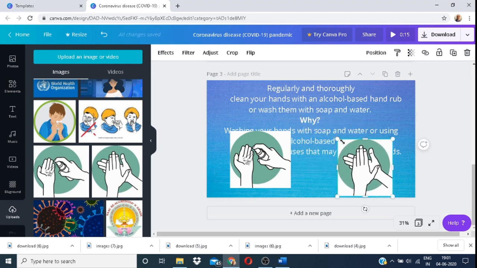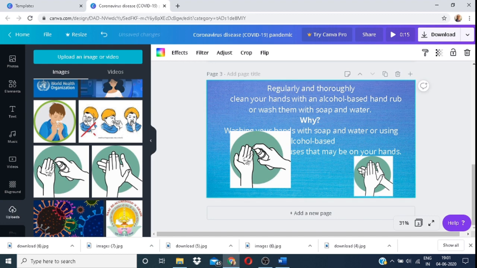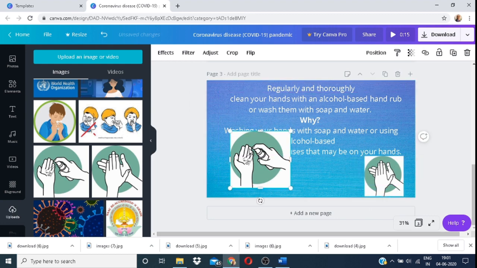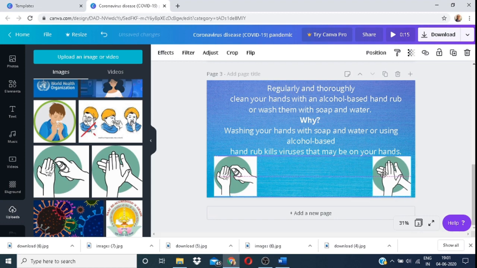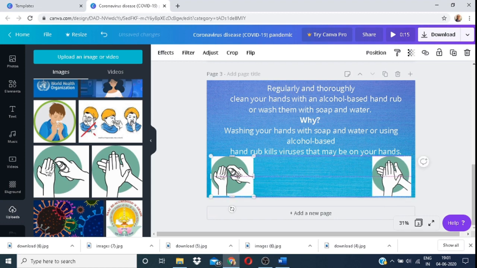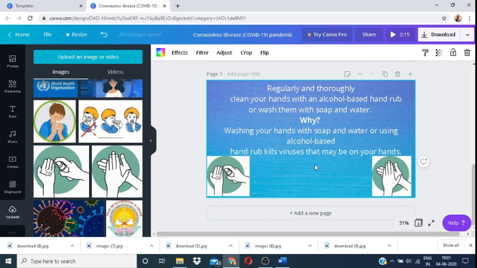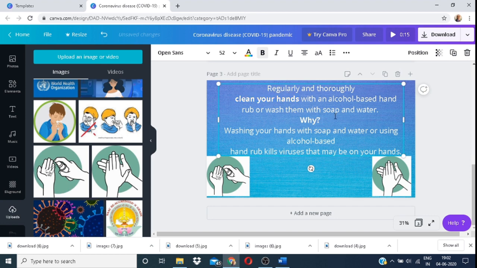I am going to quickly resize and place it on two corners. Whatever you wish to highlight, you can just bold it. So I want to highlight the statement which says clean your hands. Click on bold, you're good to go.